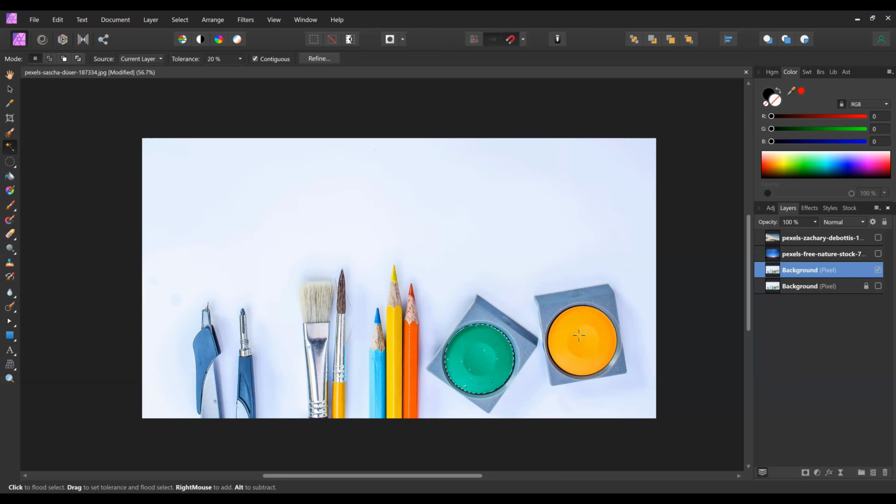Now if I click on yellow, it has selected yellow. But now see what happens when I click here. When I click on the blank canvas, it has almost selected everything, leaving the exact colors behind. Now I'll deselect it to show you what difference this flood select tool and quick selection brush tool make. When I click with the brush selection tool here, it just selects that minor portion of my brush size only.